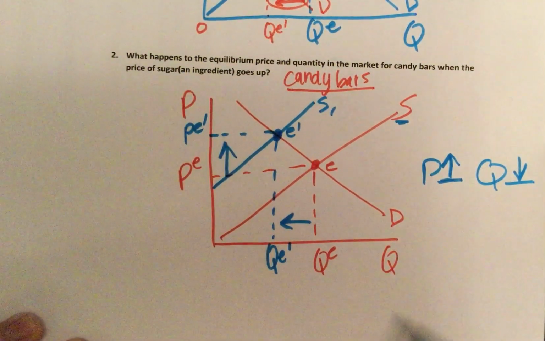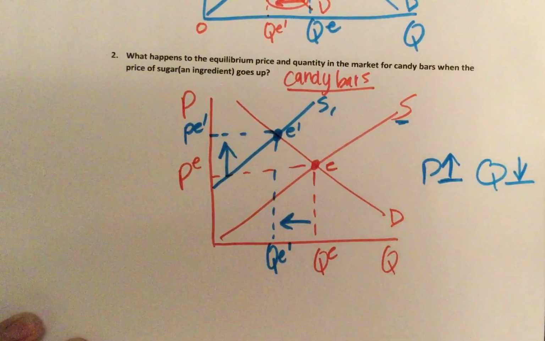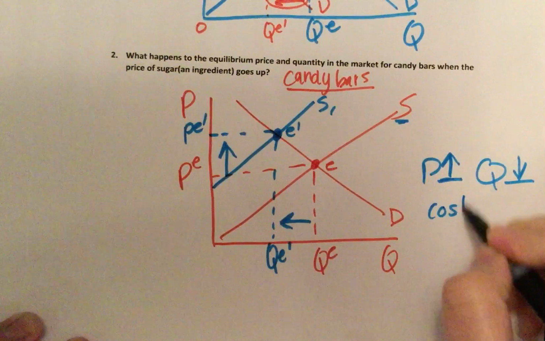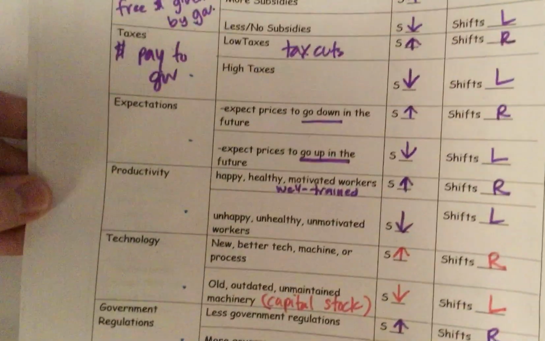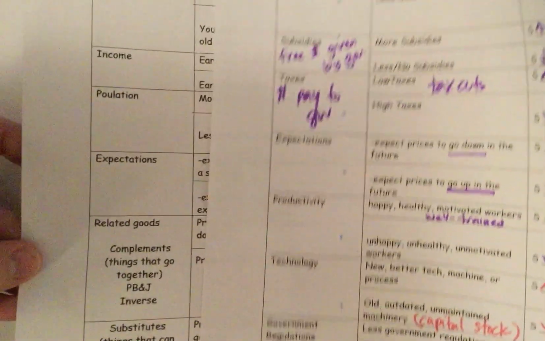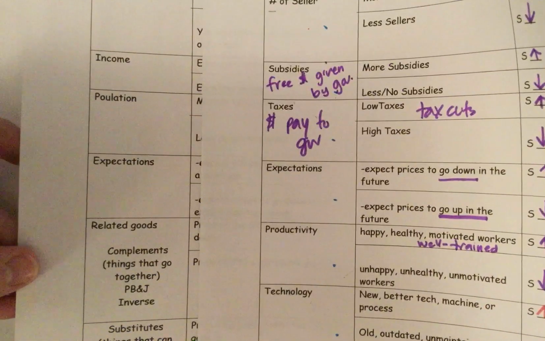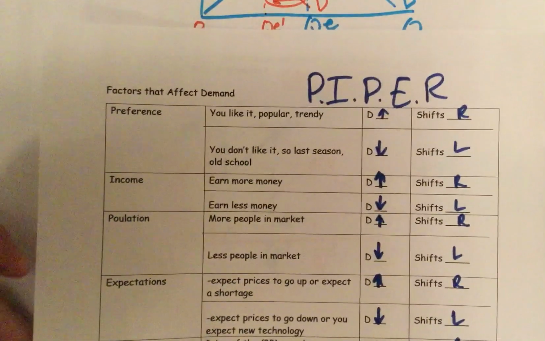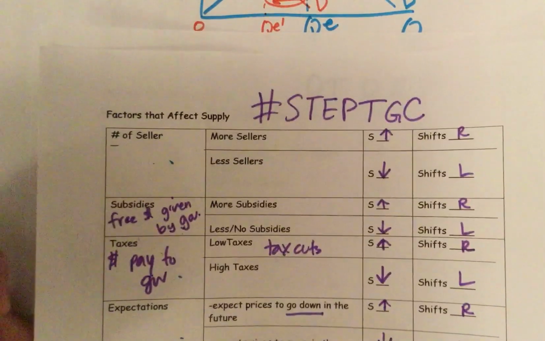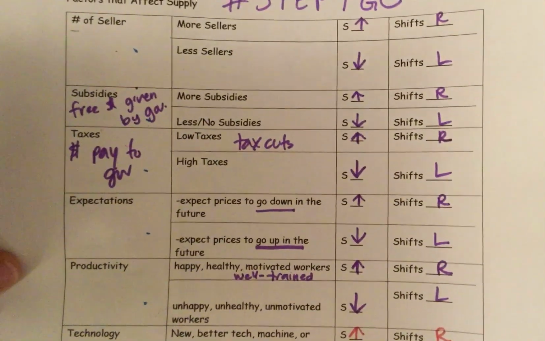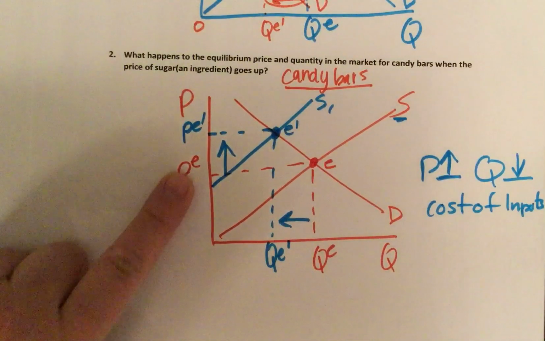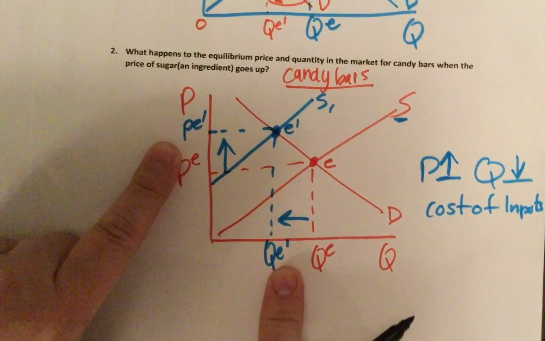All right. So in this case, the reason for this change is the cost of inputs. And you can just write that cost of inputs here. Remember that using these cheat sheets will help you significantly. Read the scenario and ask yourself, what is changing? If it's something from the demand cheat sheet, then it's demand. And if it's something from the supply cheat sheet, then it's supply. And then you can shift supply accordingly to then see how price and how quantity is affected